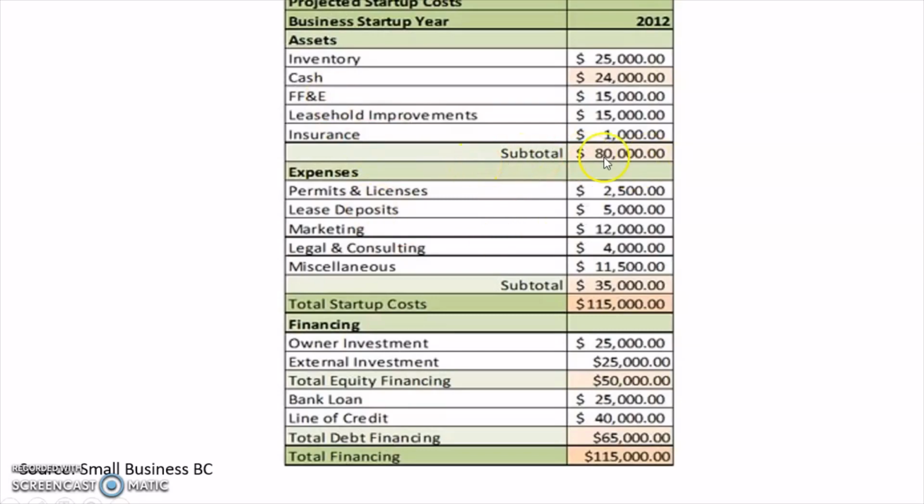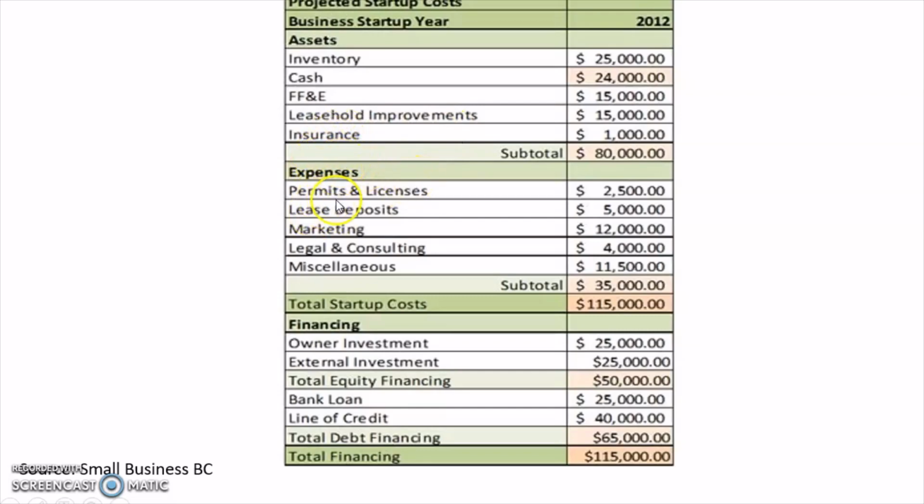And then if you subtotal it, this is not a typical one, but it shows you exactly what you need. Then these are assets, right? These are assets in your business that you have. The product or services that you have in stock for a product company, the cash that you have on hand, the equipment and everything that your business owns at the moment, and then the lease that you have on your business, and then your insurance, right?